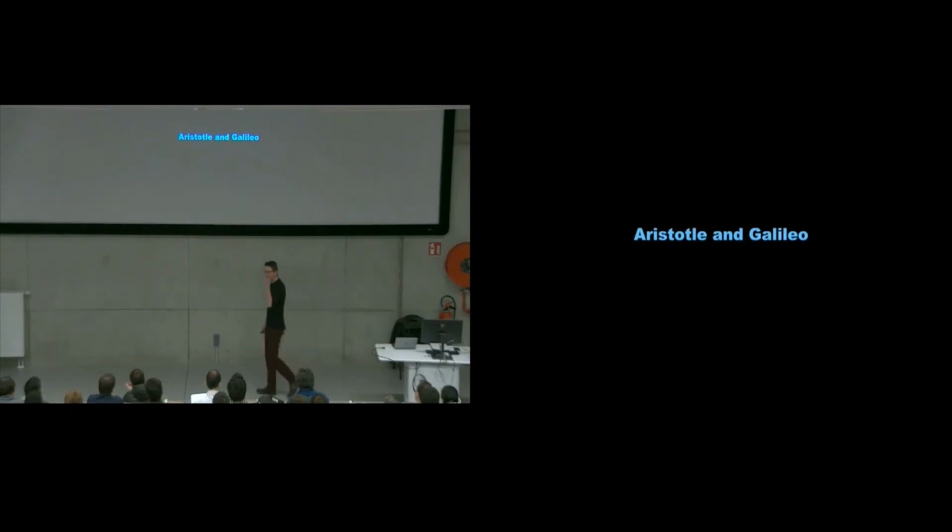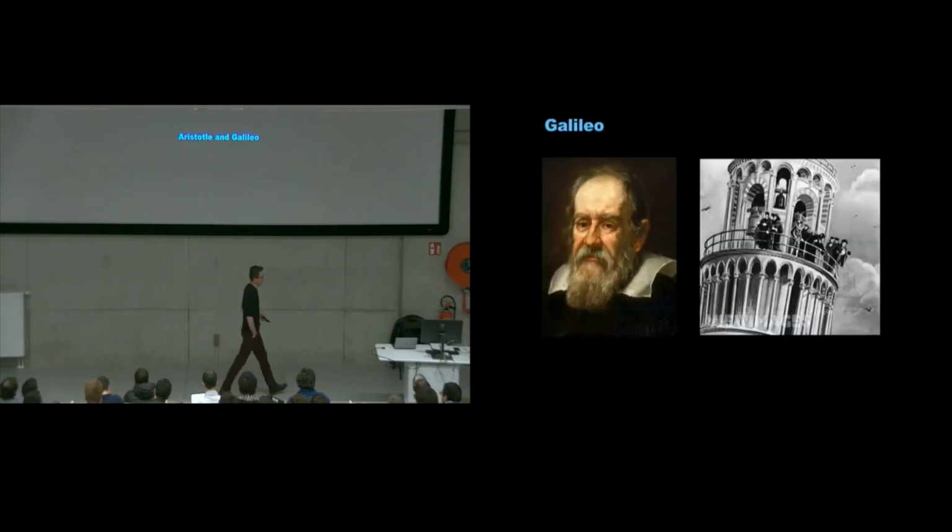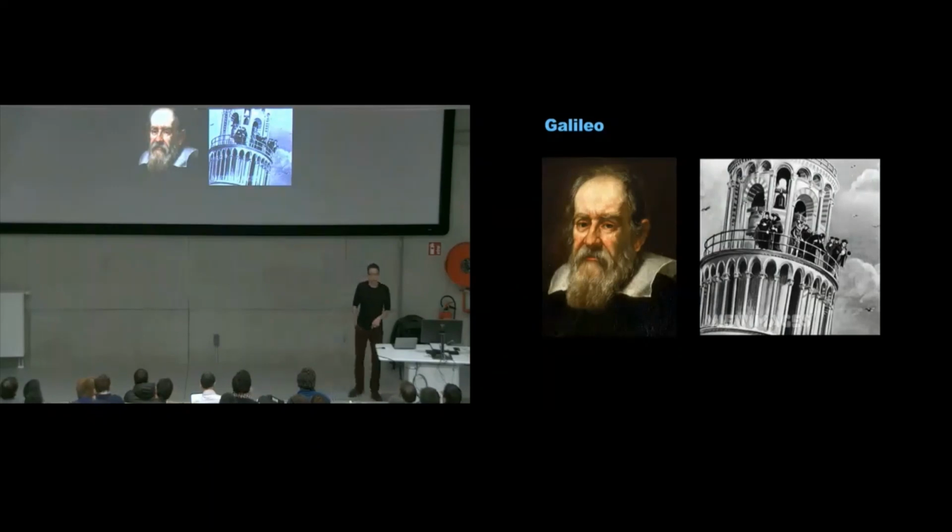There's another parallel that we've been thinking about recently. This is work with Brian De Silva and Nathan Kutz. It's this view of Aristotle versus Galileo. Okay, so we've all heard the story of Galileo dropping two spheres from the Tower of Pisa, one made of something heavy and one made of something light, and then falling at the same rate and touching the ground at the same time. All right, this is probably a fiction. That's not how he discovered this, probably.